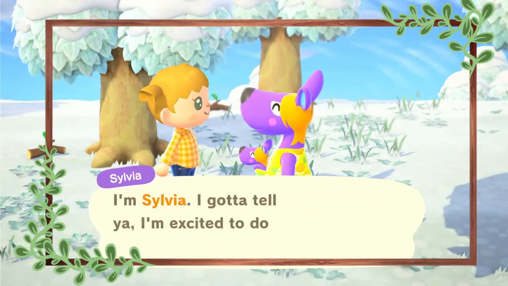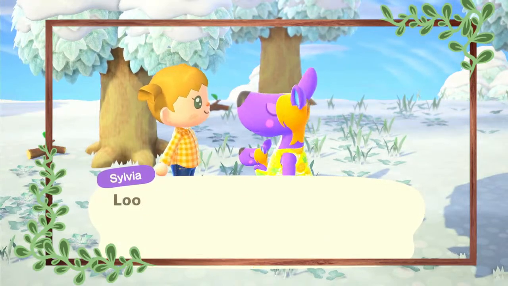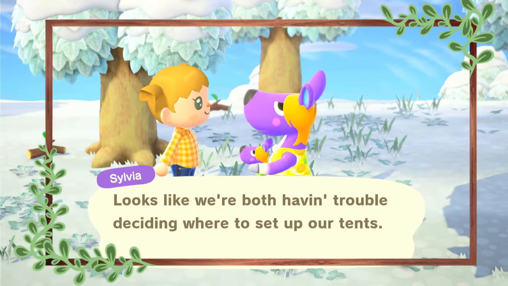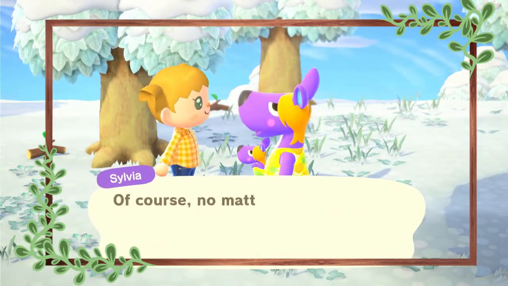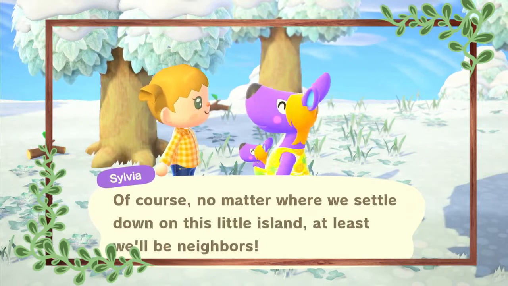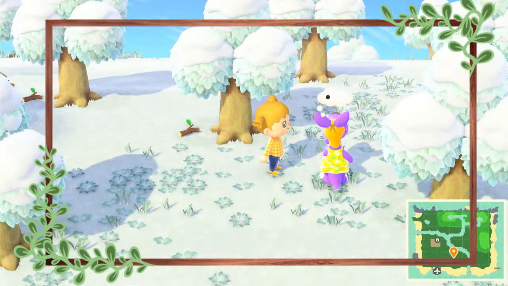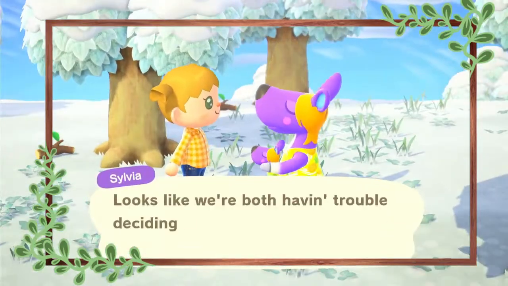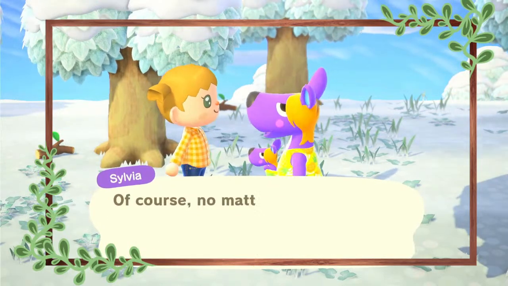I'm Sylvia. I gotta tell you, I'm excited to do this whole island thing, boing. Looks like we're both having trouble deciding where to set up our tents. I mean, it's a pretty big decision. Of course, no matter where we settle down on this little island, at least we'll be neighbors. Aw, that's so sweet. Looks like we're both having trouble. I mean, it's a pretty big decision. Well,